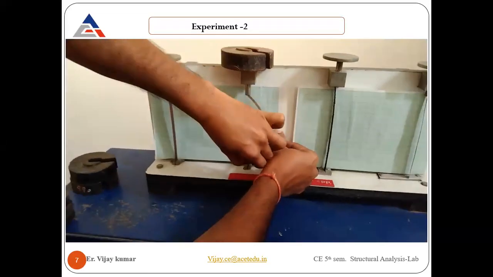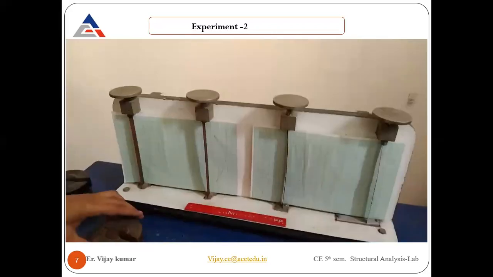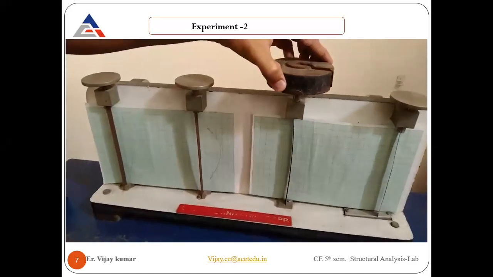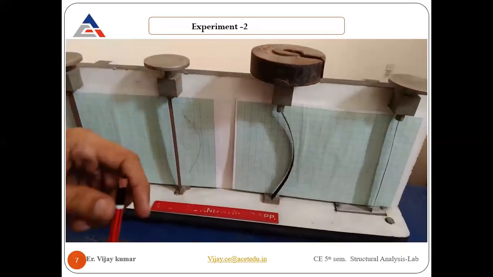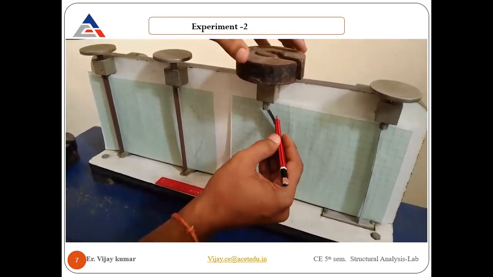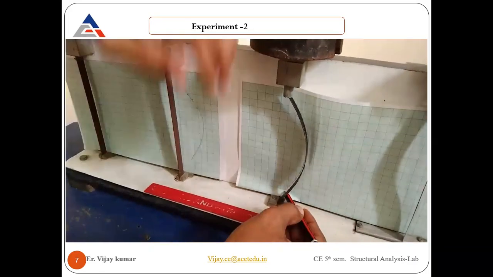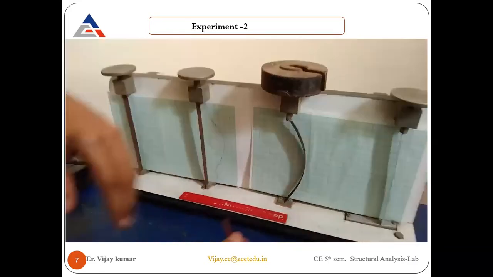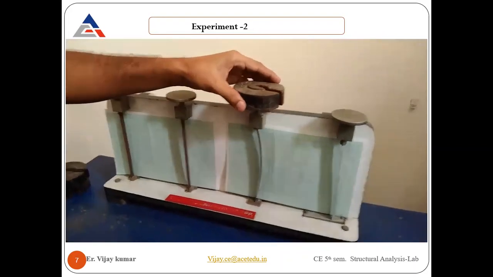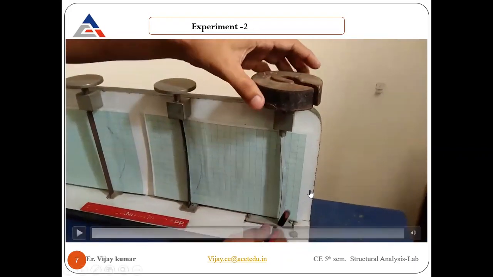So that's why you majorly find many frame structures constructed in hospitals, schools, colleges. Generally the columns and beams are fixed themselves. So we are not going to construct them pinned or with any other kind of support system. That is one of the reasons. That's why almost all structures are indeterminate.